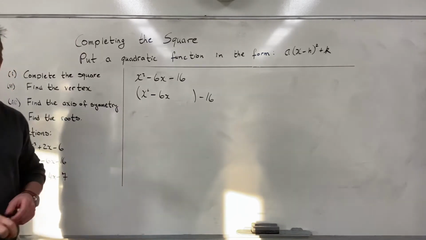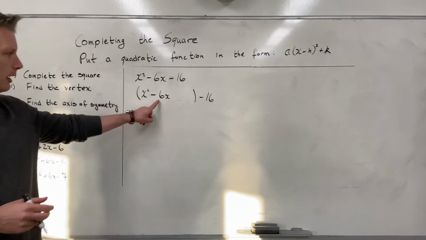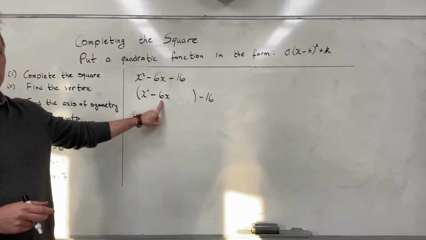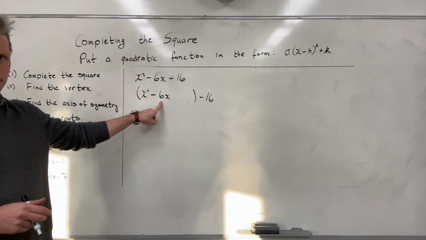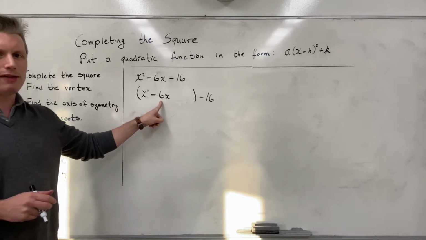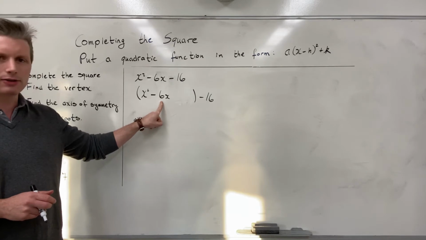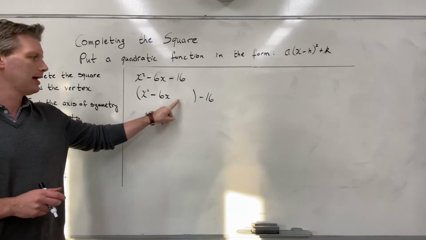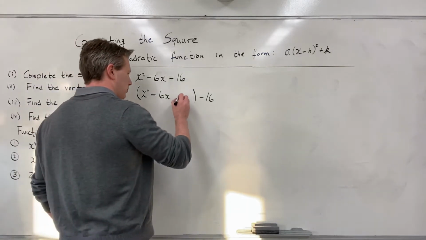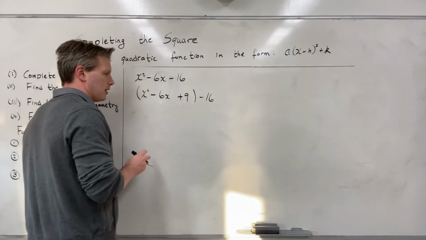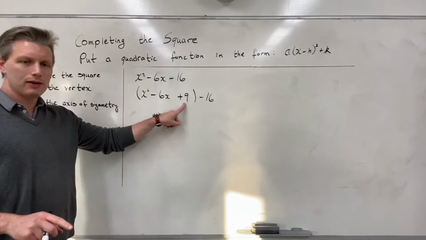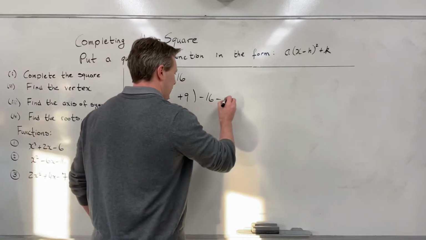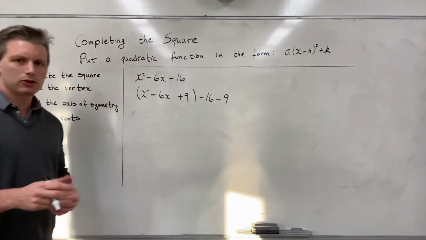In here, what I'm going to do is what I did last time. I'm going to look at the coefficient on my x term. Here, this time it's minus 6. I'm going to take half of that value. Well, half of minus 6 is minus 3. Square it. Minus 3 squared is 9. And add it on. So that is plus 9. Of course, if I add 9 here, I must subtract 9 over here to make sure I don't change my